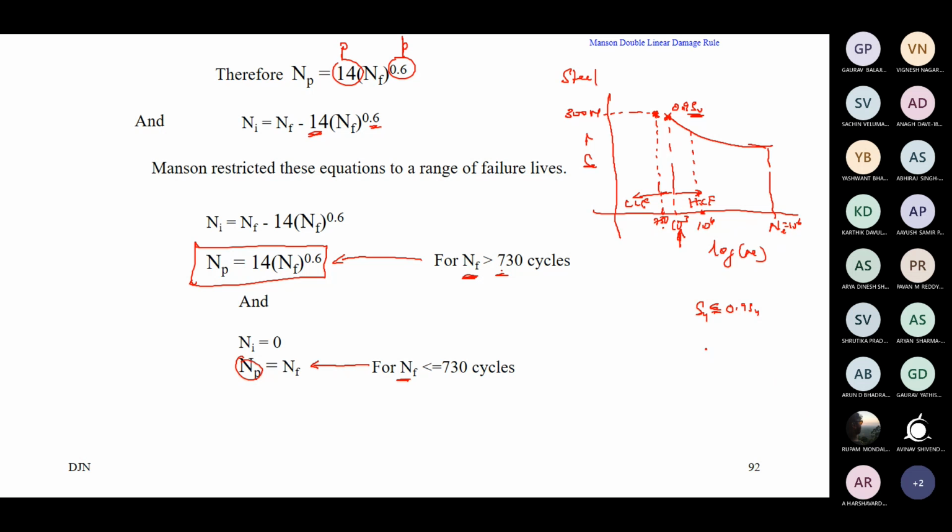Rather than saying 10 to the power 3, the better way is this: if you operate the material or component that you design below the elastic limit load, then the high cycle fatigue life approach, the SN approach, can give you an approximately acceptable result. Approximately, it is not a very accurate process. It will give you an approximately reasonable result. If your stress values are further and further smaller, maybe half of the elastic limit value, then you can rely on high cycle fatigue. You need not worry much.